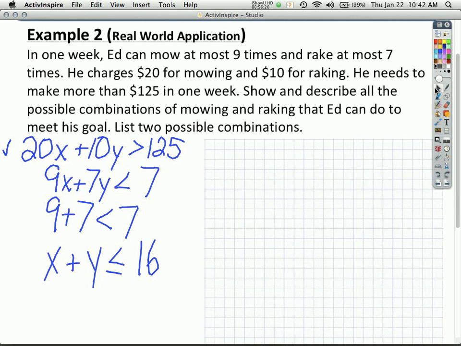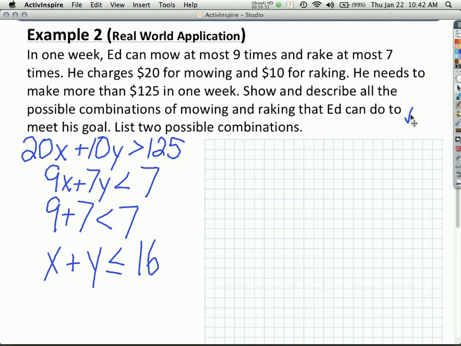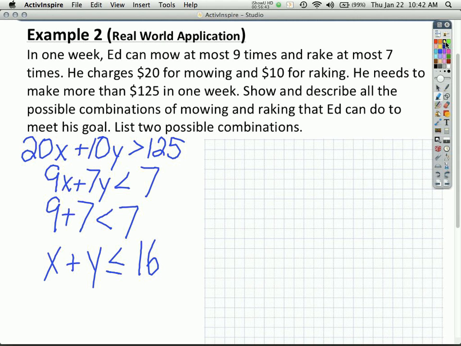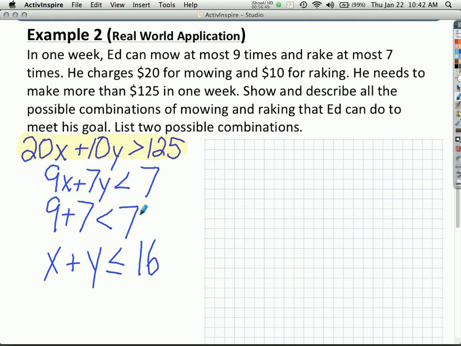So we have a lot of people who agree on this first one, so I'll buy into that, that is definitely going to be part of the system. But when we did this first one, we defined what x and y represent. So could someone tell us, based on this, and we're going to say that that's correct, what is x now representing? What's x representing? Angela?